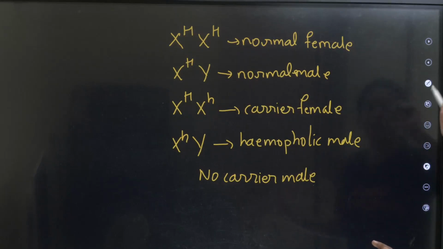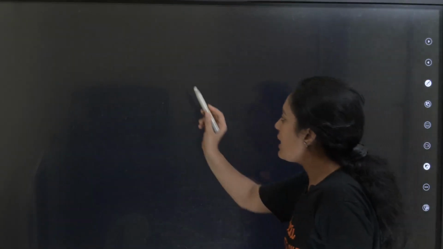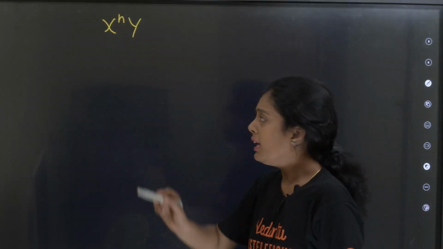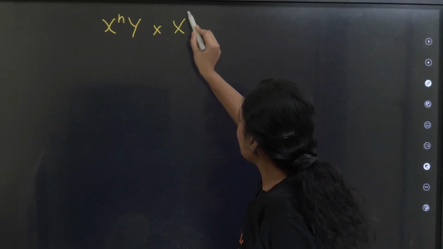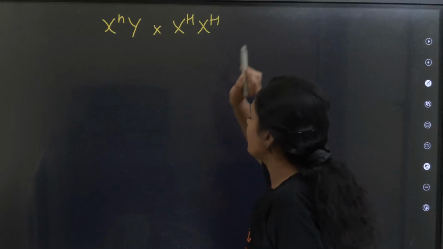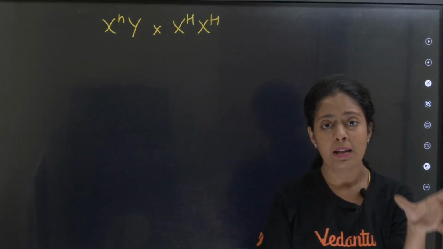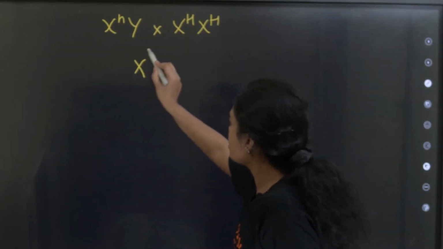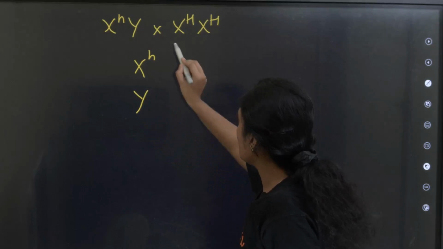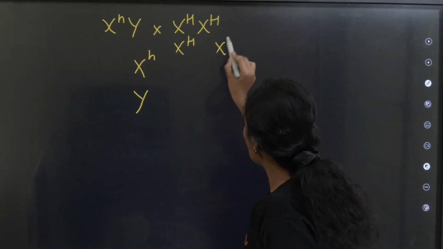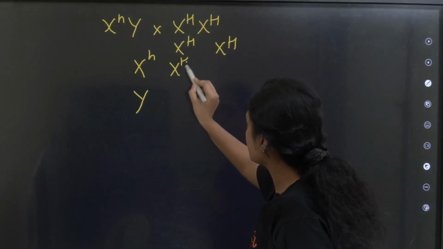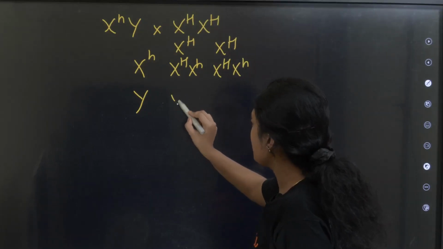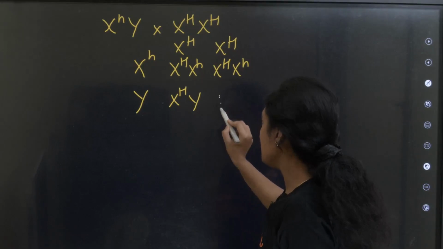Okay, இப்போ நம்ம inheritance pattern புரிஞ்சுக்கலாம். Okay, so let's try to cross ஒரு hemophilic man இருக்காங்க, and that hemophilic man marries a normal female. Let's see how the inheritance pattern is. So in a confusion வேண்டாப்பா, நான் வந்து தப்பே பண்ணக்கூடாதுன்னா please follow this Punnett square or checkerboard. It won't take more than 2 minutes. Okay, இது மாதிரி எழுதி நீங்க எக்ஸாம்ல சொன்னீங்கன்னா the examiner will be very much happy with your presentation.